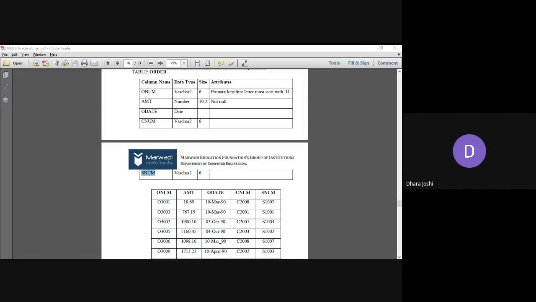Yes, the same thing we have discussed, Vaibhav. We are not allowing the table name as order. It is an invalid name because we have the SQL keyword ORDER BY. So this word order is used for a special purpose. That's why it is not allowed. So what you can do is either create your table name as order1, or make it order underscore new, or any name which is relevant to that. But do not use order. Okay, the rest of the students take care of the same thing.